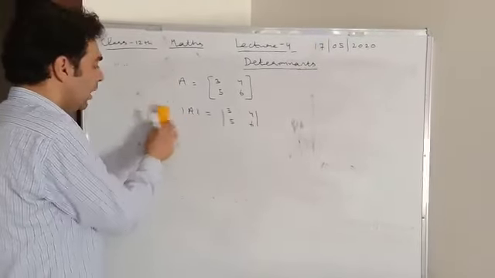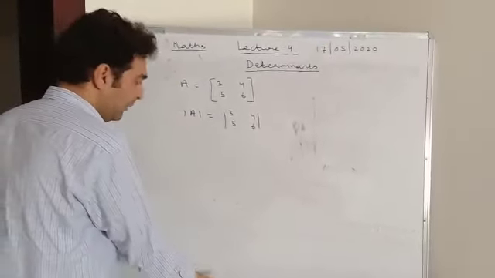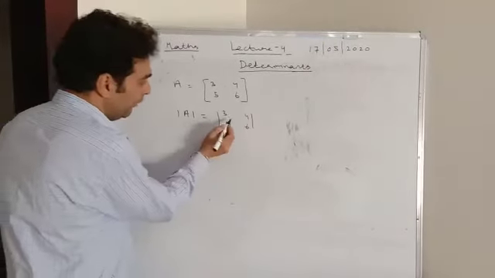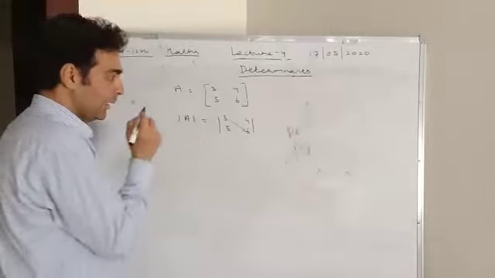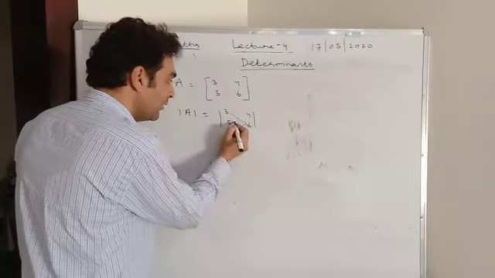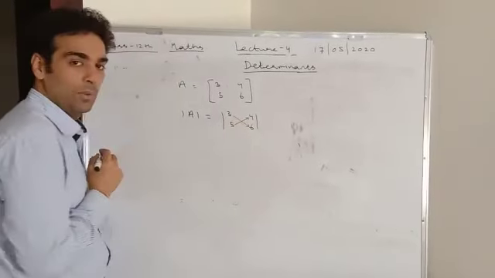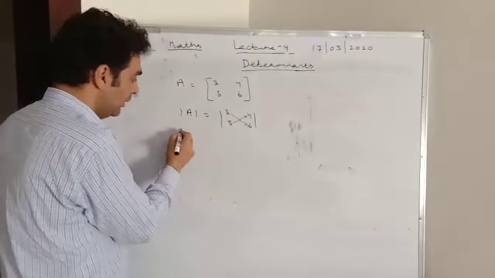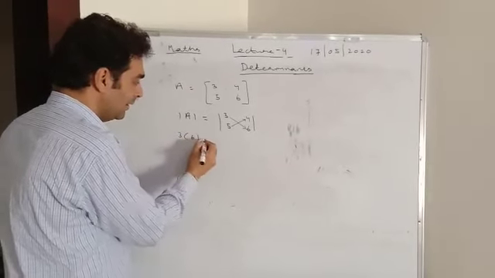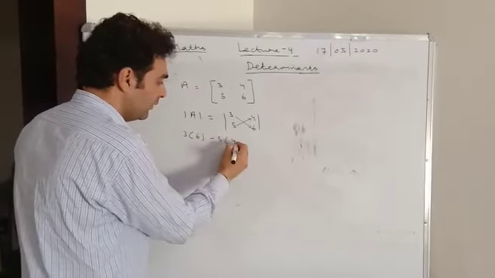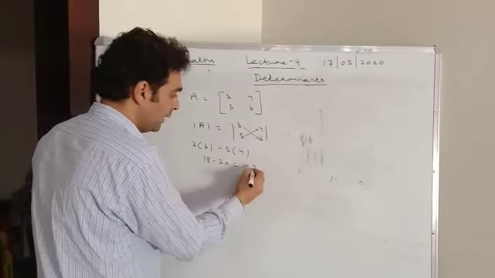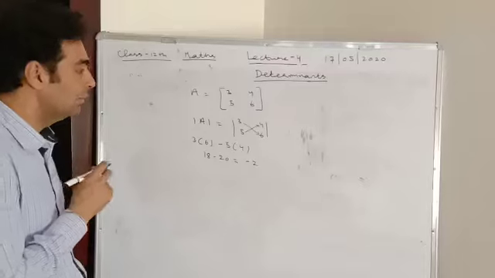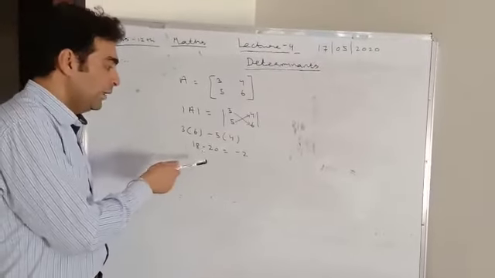So how will we find the determinant of this matrix? Now you have to multiply 3 with 6 and, with a negative sign, 5 with 4. For example, 3 multiplied by 6 minus 5 into 4. 3 6 is 18 minus 20 is minus 2. That is the answer. But when you do the sums,